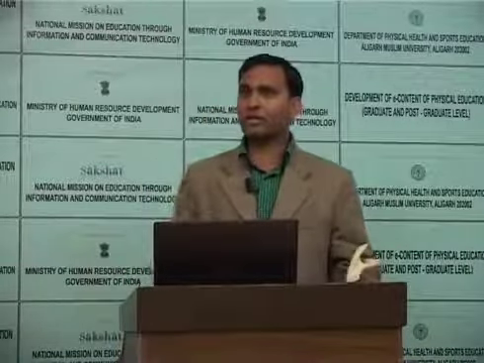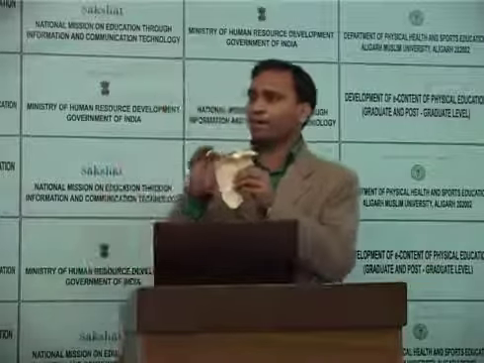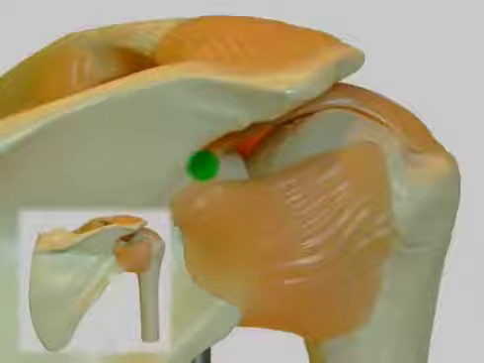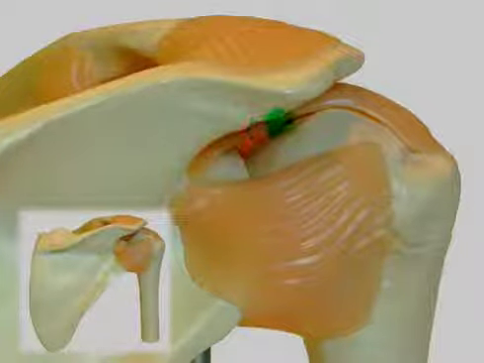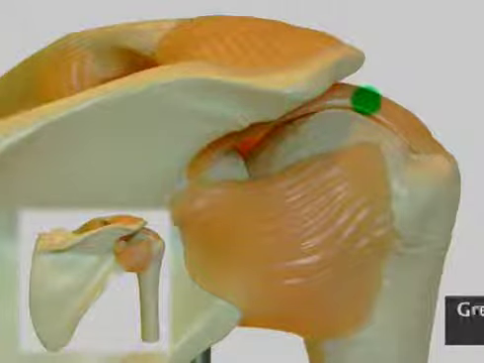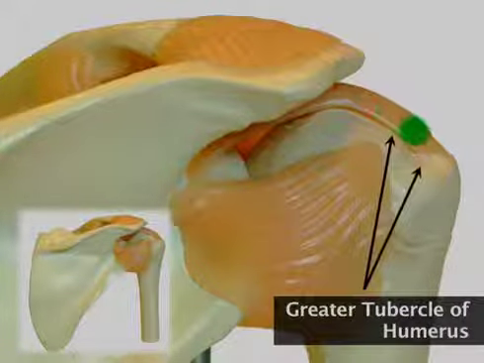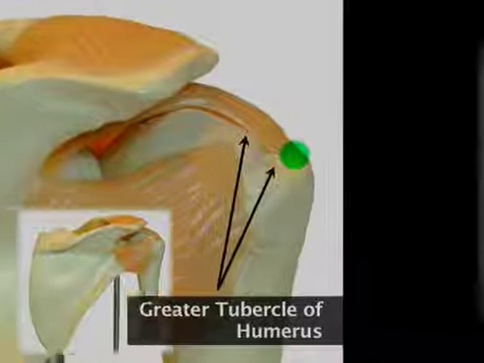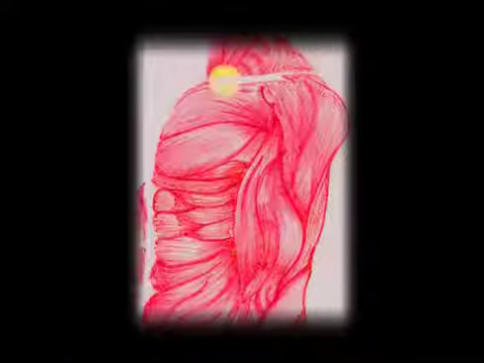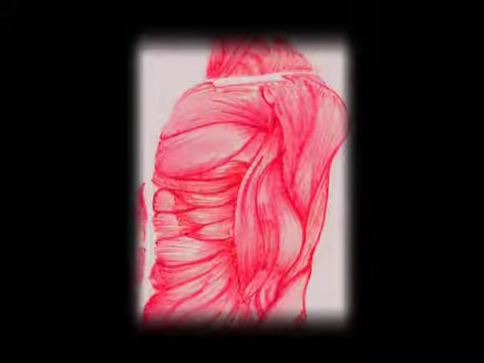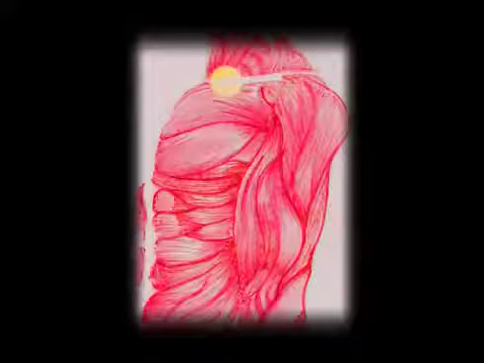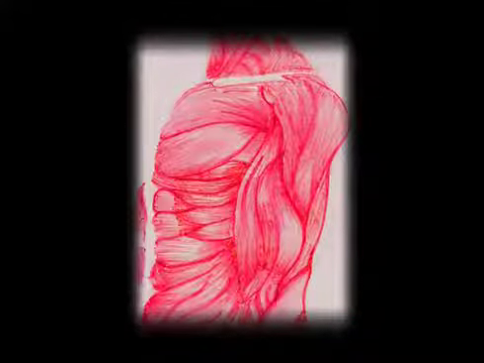Supraspinatus muscle, as we can see here, originates from the dorsal surface of the supraspinous area of the scapula, and you can see in the diagram it is going under the scapula to attach over the GT, over the greater tubercle of humerus. So the muscle, you can see in the diagram, is originating from the supraspinatus area and inserting over the GT. This muscle has great importance in most shoulder joint pathology, especially shoulder impingement syndrome.